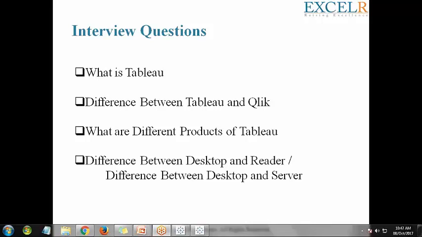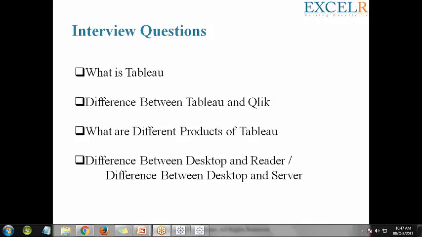All right. And to focus primarily on the Tableau questions, the first and primary question is what is Tableau. Many people, even though you have been working on Tableau, never give thought to what Tableau is and how to give a proper definition for it, right? So it can be a very simple definition. You don't have to get into the complexities. You can just say that